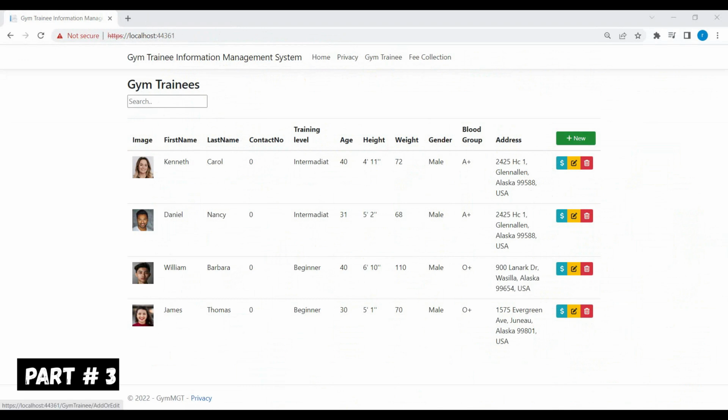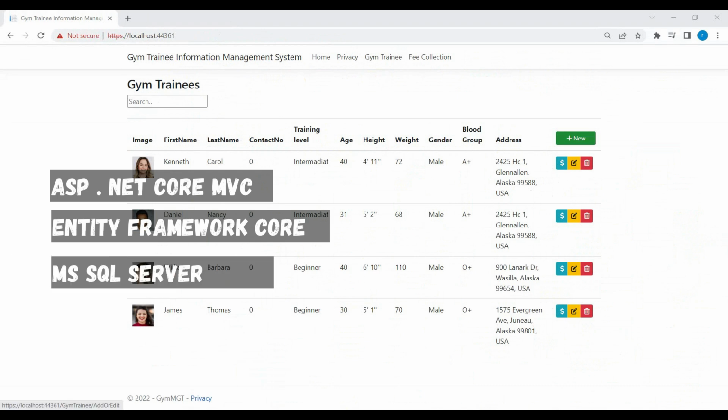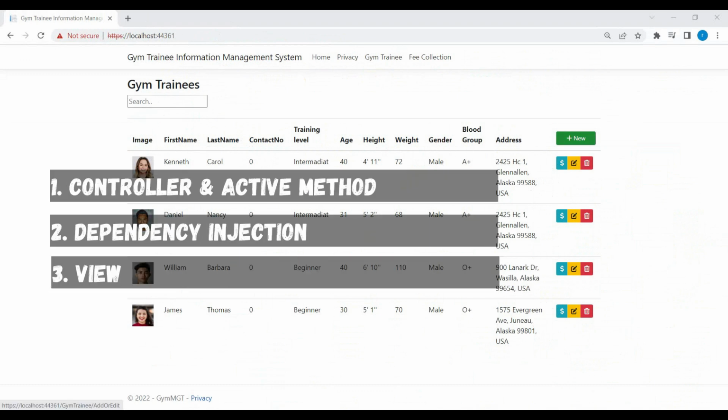Welcome to the third part of creating gym trainees information management web application using ASP.NET Core MVC, Entity Framework Core and MS SQL Server as database. In the previous part of this video series, we created model classes in our project, we created DbSet properties in the DB context class, and we also saw how we can run migrations using the code first approach. In today's video we will create a controller